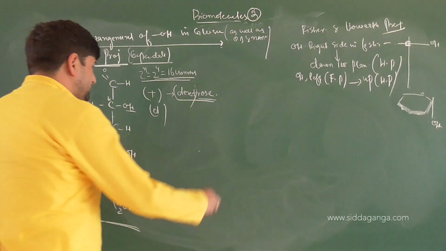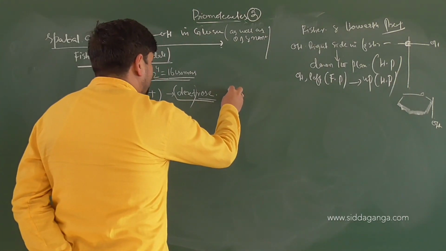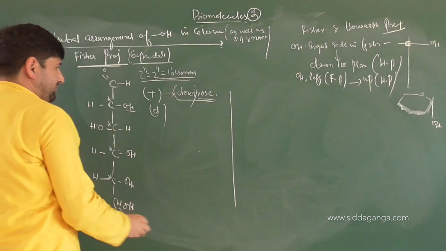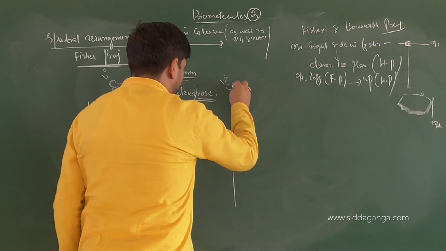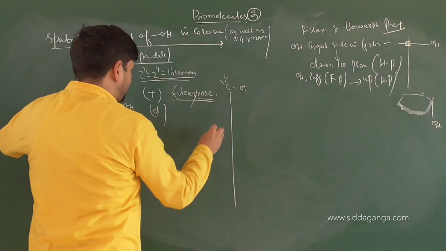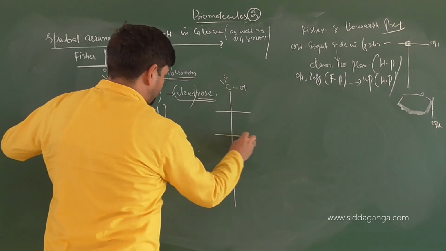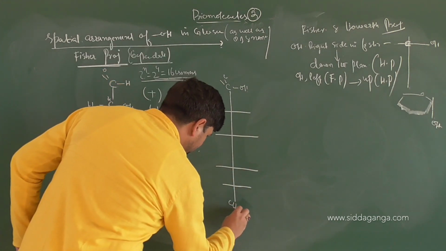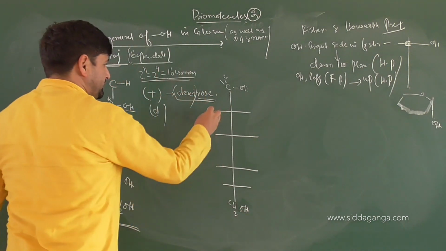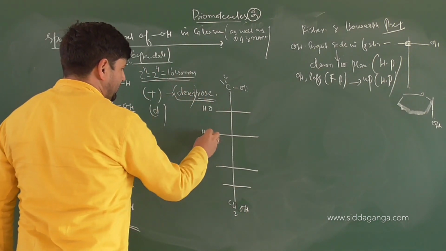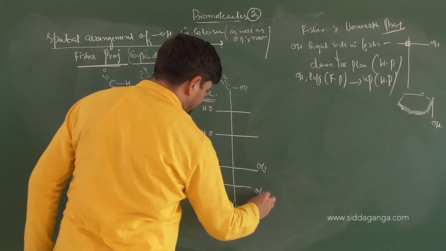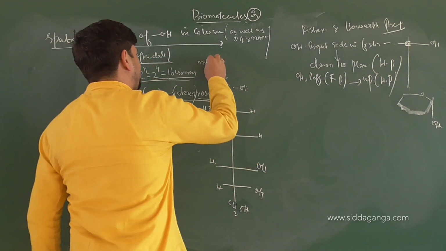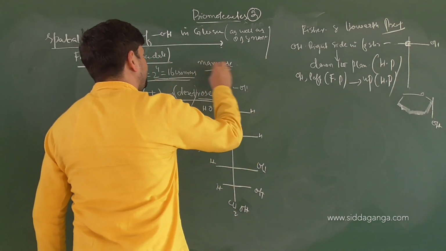Okay. So the first one that we can draw, children, I will draw directly the Fischer projection, the intersection lines. So this is our aldehyde group. Now carbon number 2, then carbon number 3, carbon number 4, carbon number 5, and then at the end you have CH2OH. Say OH is here and OH is here, the rest are there, OH and OH. Then you have H here, H here, H here, H here. This is called mannose.